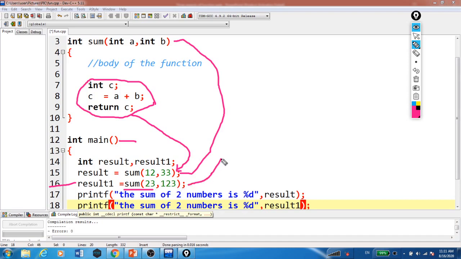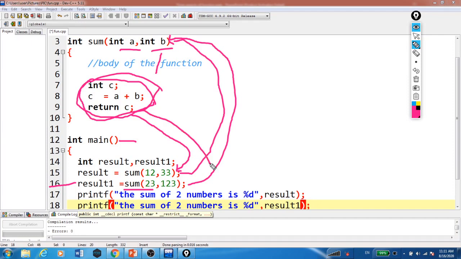Again it will pass these parameters into a and b, come inside, and execute this definition with the different parameters, and the c value is returned here. The calculation of the sum function with 12 and 33 will be stored in the variable result, and the calculation of 23 and 123, the sum of these two numbers, will be stored in the variable result1.